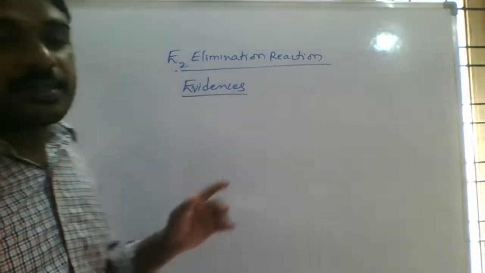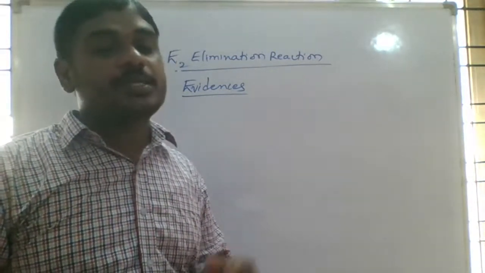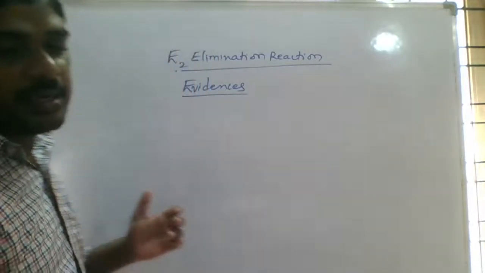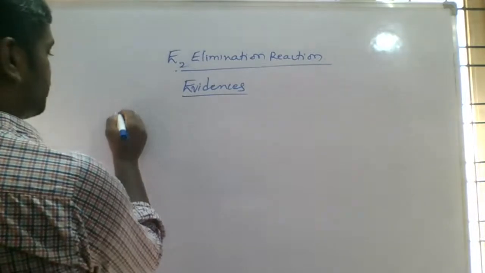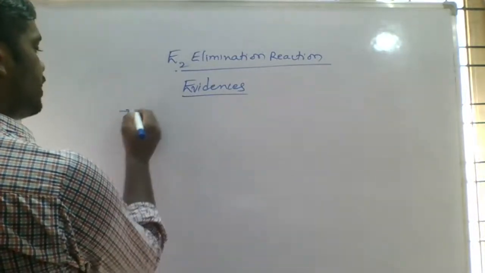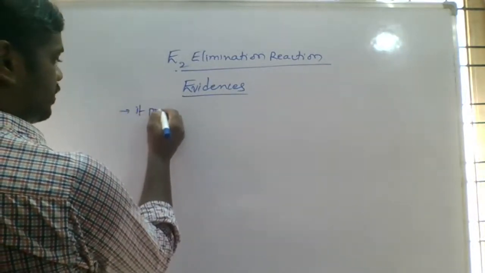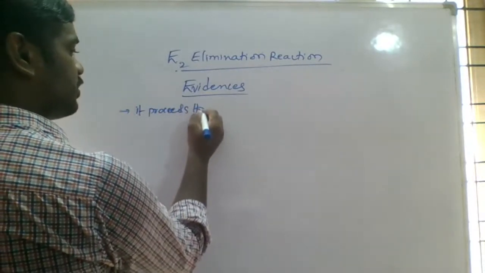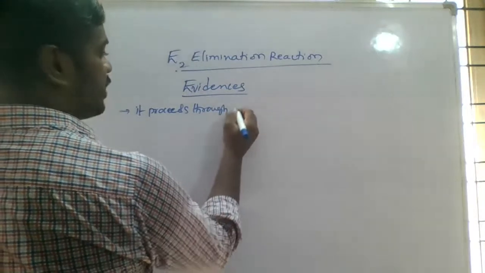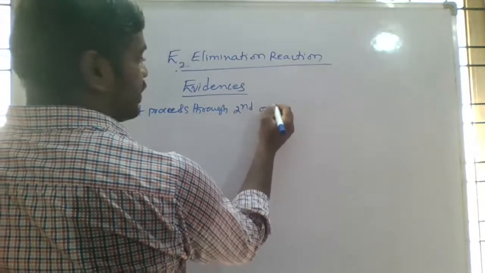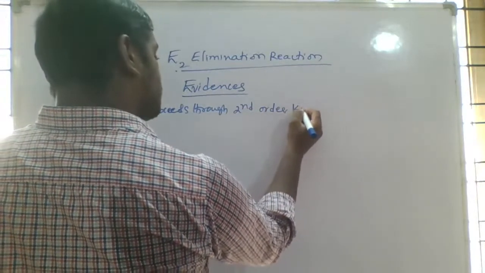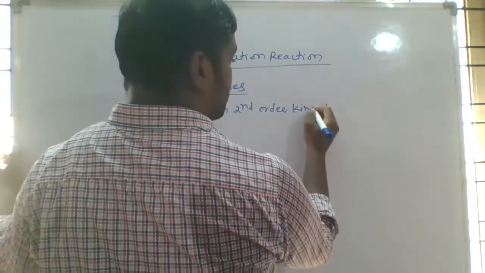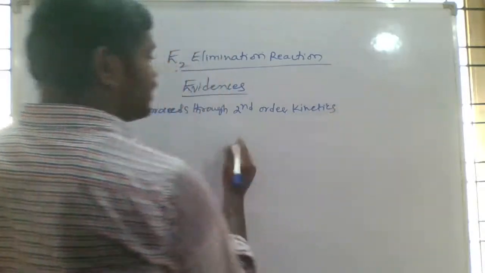So, evidences for the E2 elimination reaction. First point, it proceeds through second order kinetics. Second order kinetics means